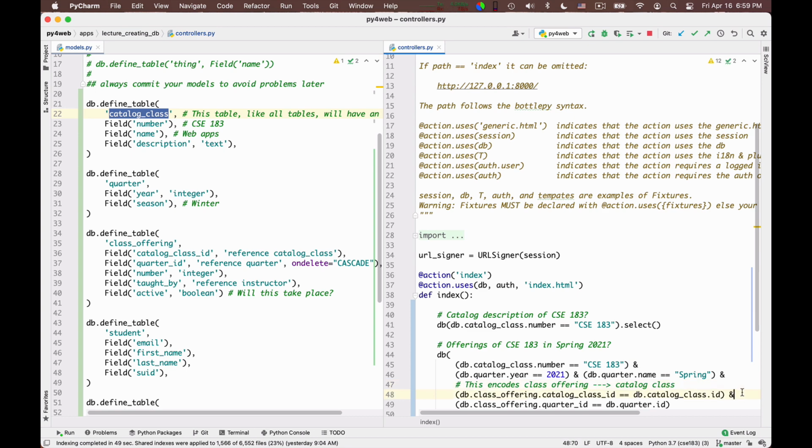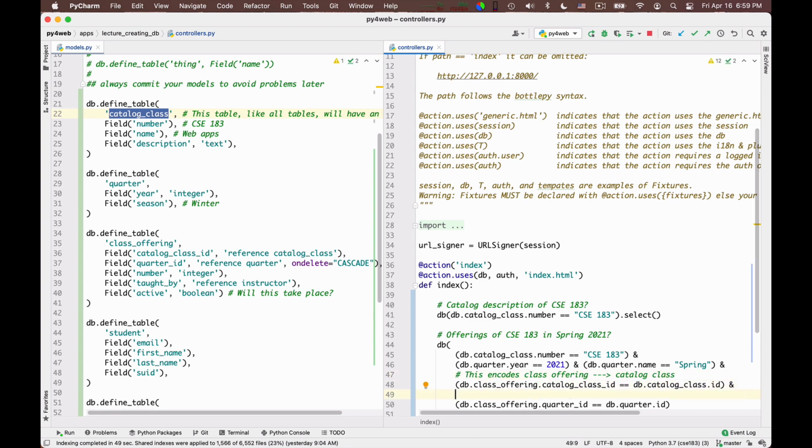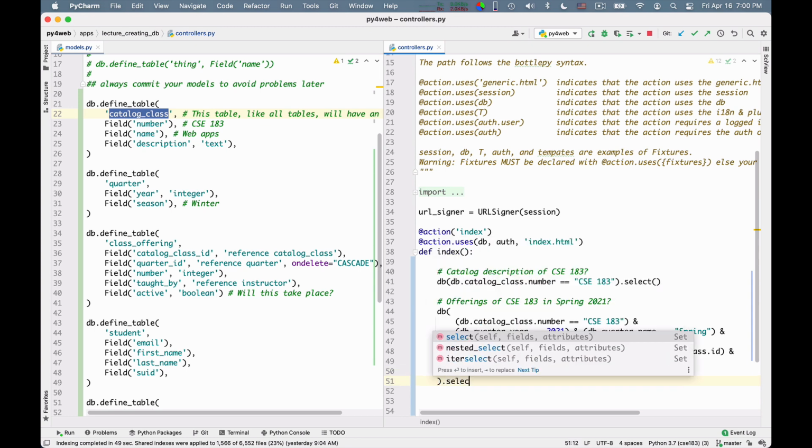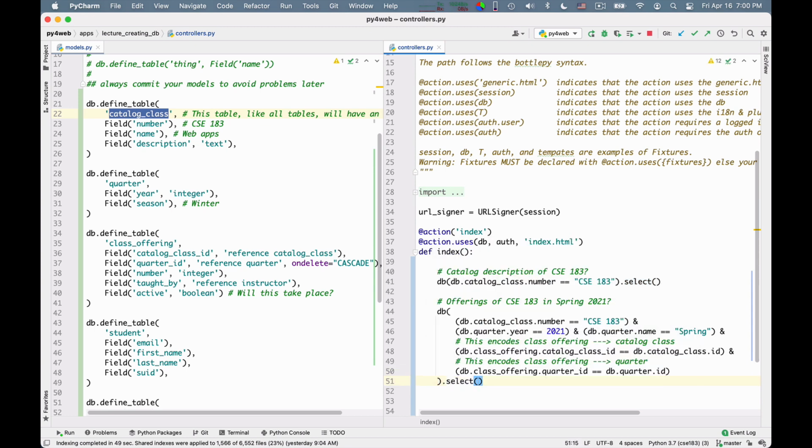And below, this encodes class offering arrow quarter. Okay, so I can do these, and then of course I can say select.